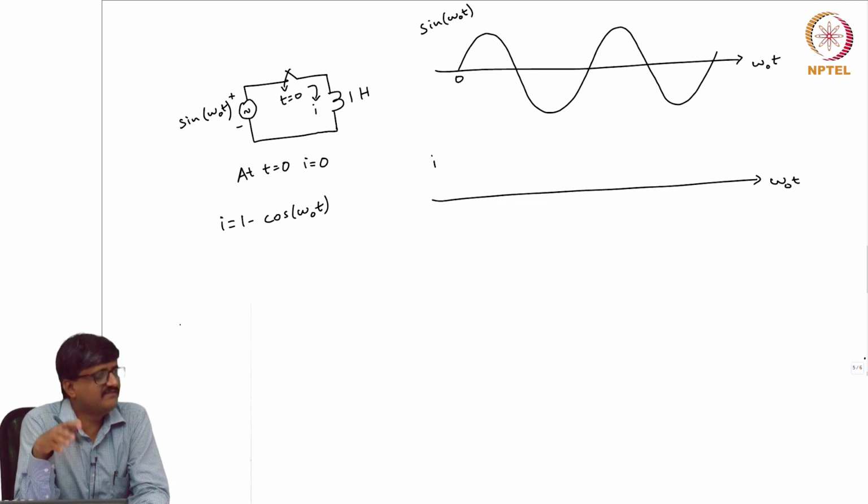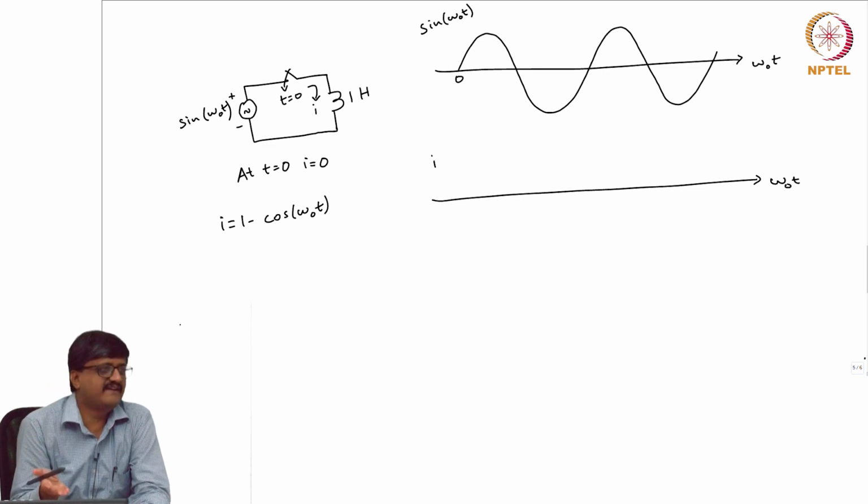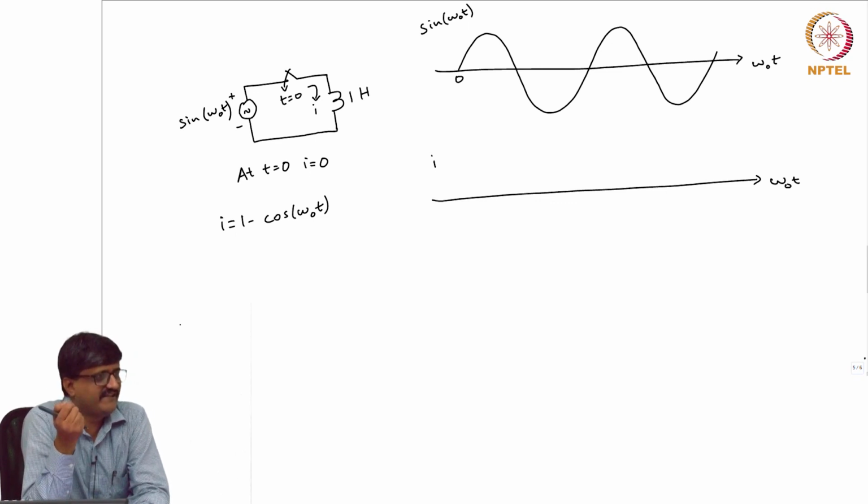Now that is because there is no resistance, so the DC value is not decaying. See, if there is a very small resistance, steady state would have been the waveform which we expect. Now this is actually an ideal circuit. We have ignored the resistance. It is not that resistance is 0, we have ignored it. So in any circuit that we study in engineering, when we say resistance is not there, it means it is ignored, it is a small value, that is all.